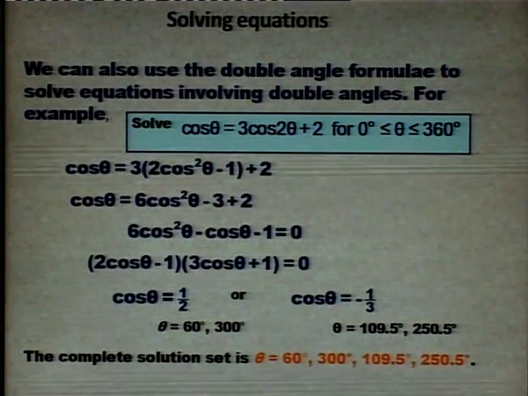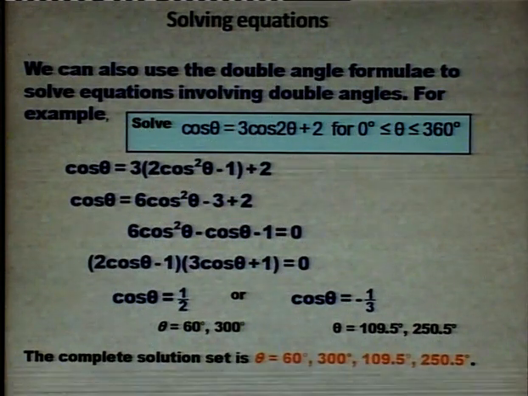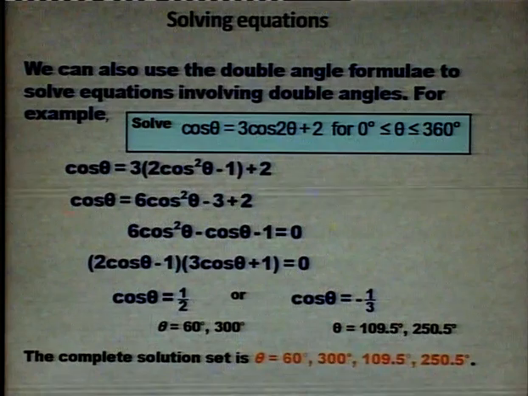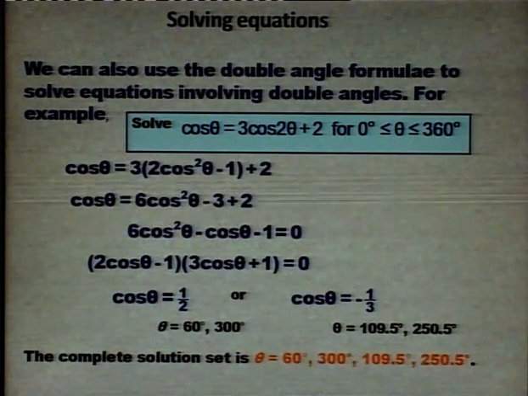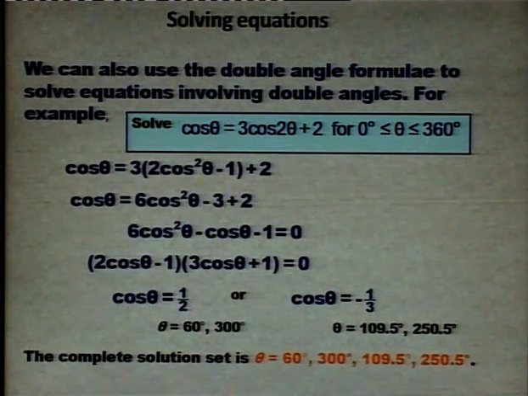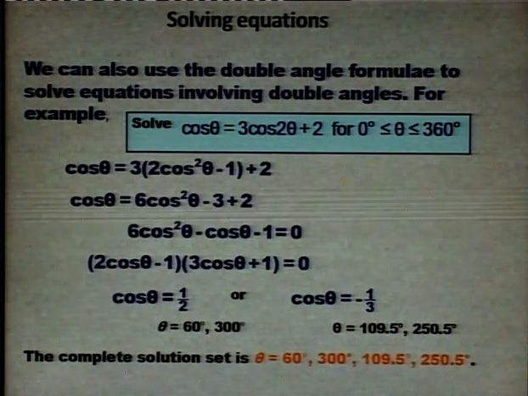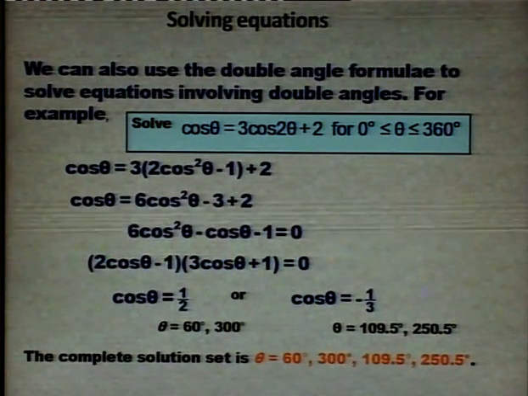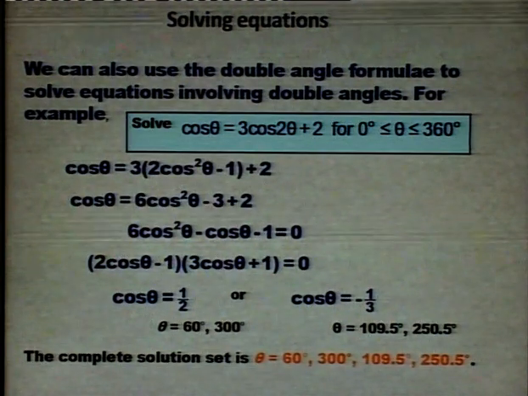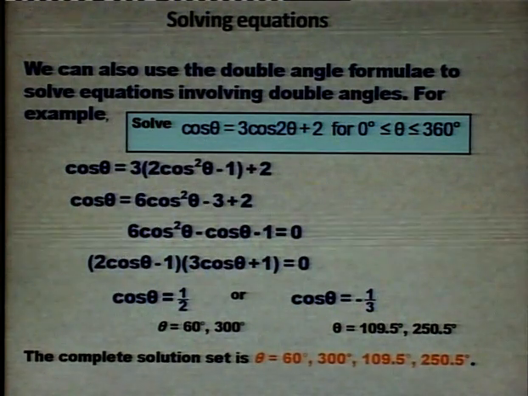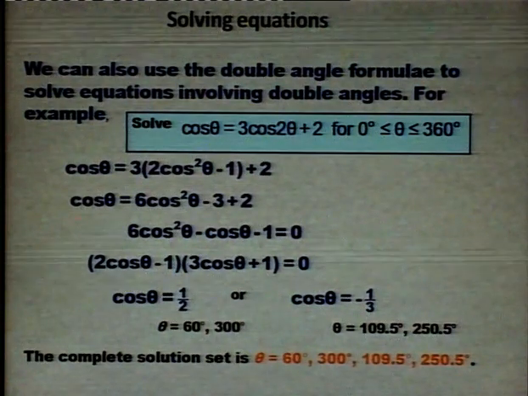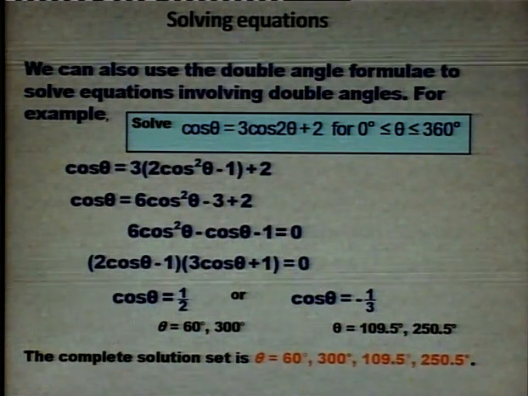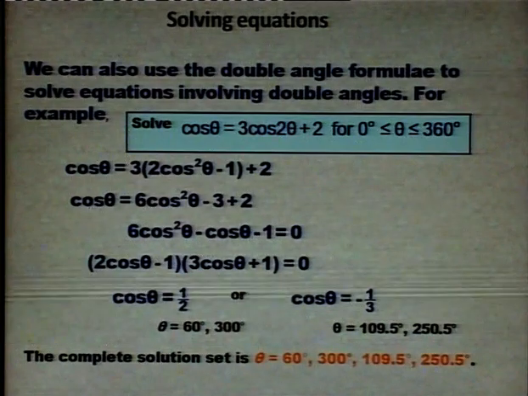You write it down as 6 cos square theta minus 3 plus 2, and that is simply an equation involving cos square theta and cos theta, that is, a quadratic equation in cos theta. Now, 2 cos theta minus 1 into 3 cos theta plus 1, that is the simple factor, is equal to 0. So, this gives you from the first bracket 2 cos theta is equal to 1,